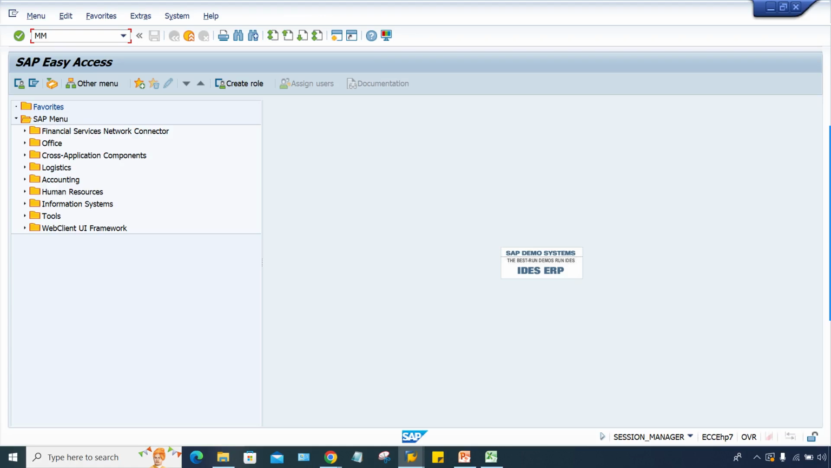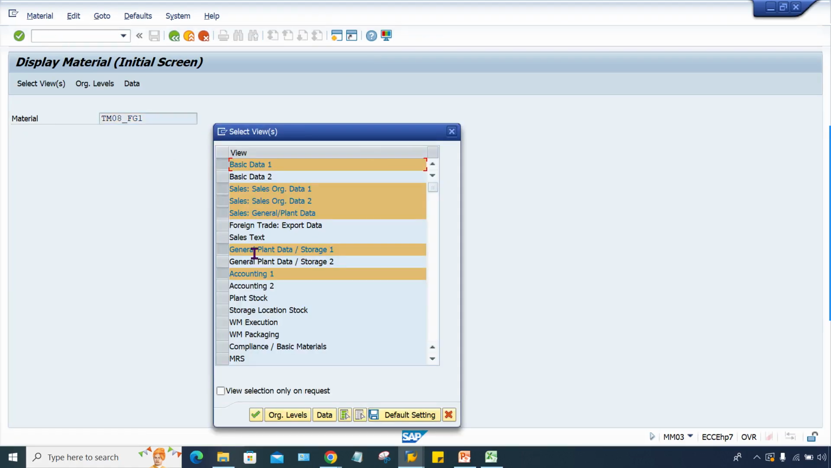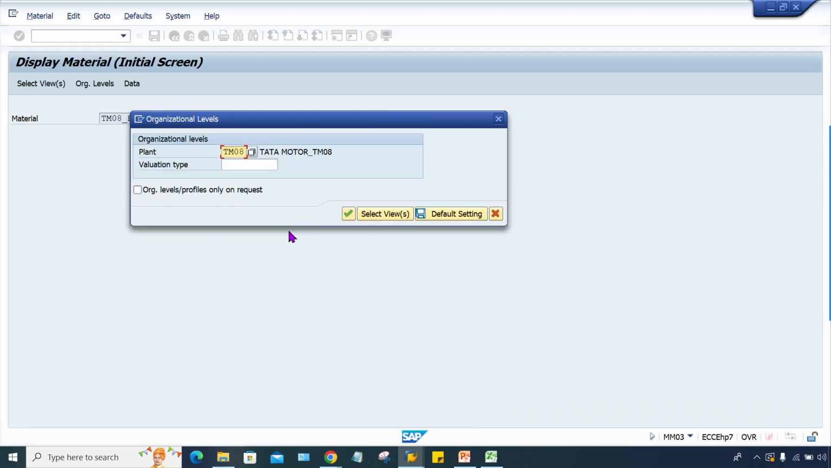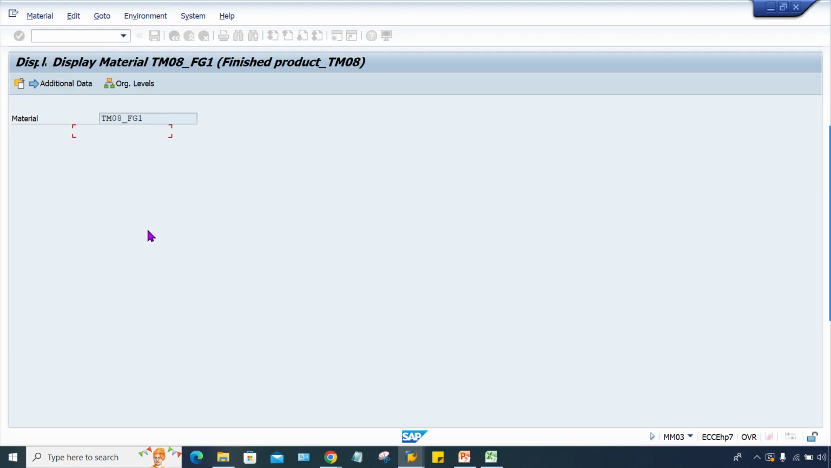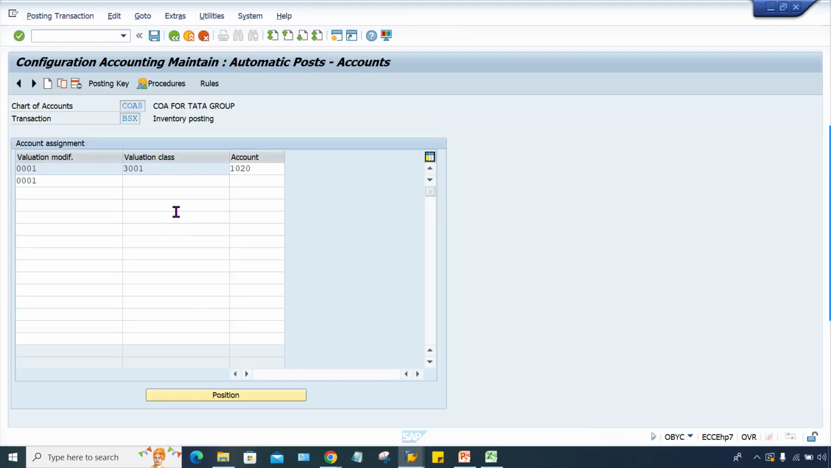So you can check MM03, and here, directly you can check here. 6024. So make sure that you assign against the correct valuation class, or the system will not. So 1025